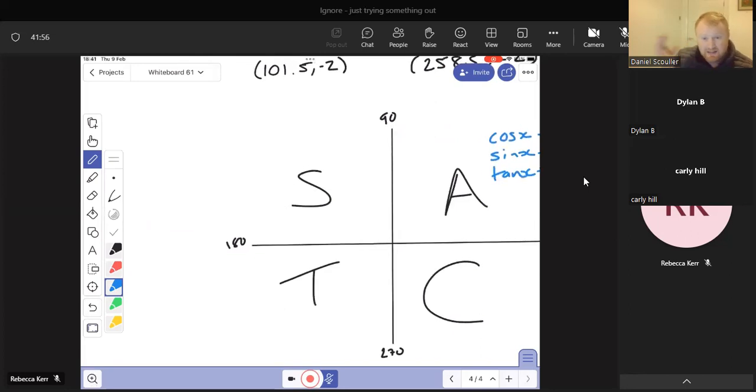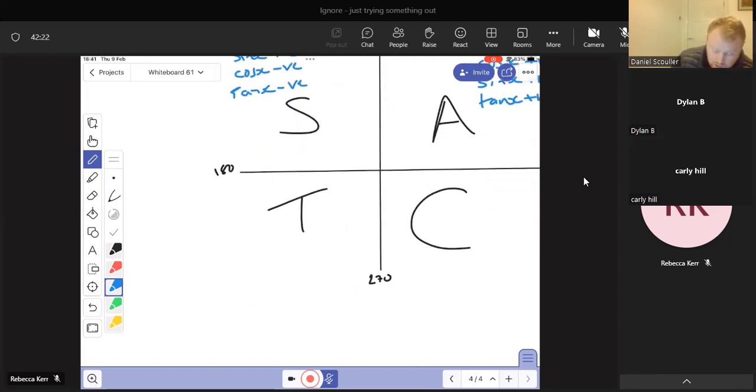and you went from 90 to 180 on the x-axis, that second quadrant, only sin is going to be positive. Cos x is negative, and tan x is negative. Likewise, between 180 and 270, only tan x is positive. The graph of cos x, which we know quite well, is negative, and sin x is negative. In between 270 and 360,